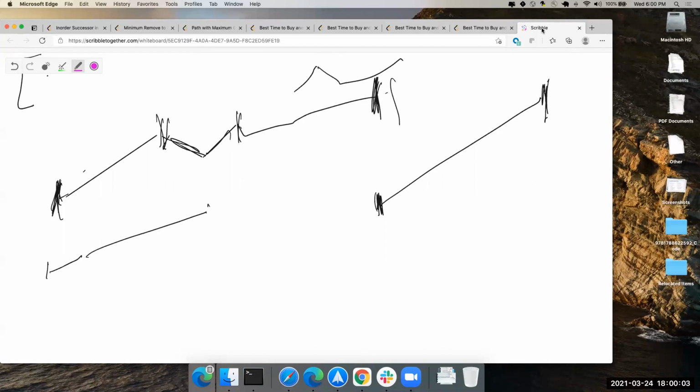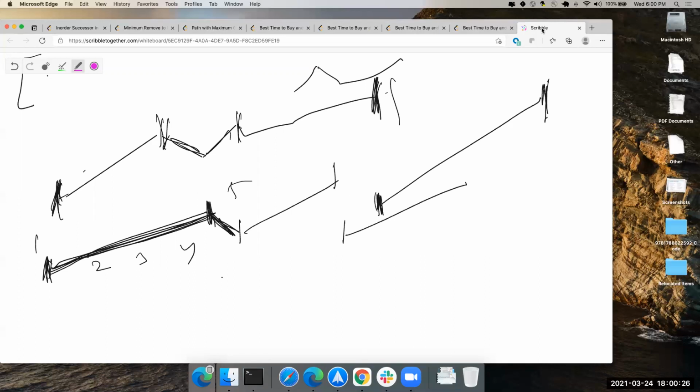So basically 1, 2, 3, 4, 5 will be like this, right? So 1 and 5 is still one transaction. And there is 2, 3, 4 somewhere here, but because they're going up. And if there's a dip, that means you have to take this one. And if there's another dip, you have to take this one. Wait, what if the dip is here? Oh, okay. Then you're taking the max 2. Right.